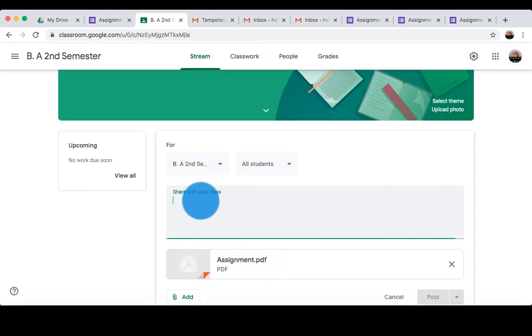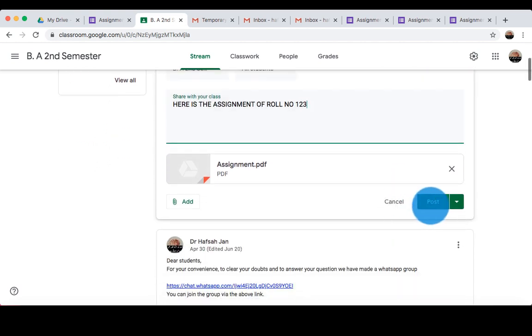It will look like this. Here you will write the message for your teacher. Here is the assignment of roll number whatsoever, 123. Okay, then you have to click on this post and it will get posted to the teacher.